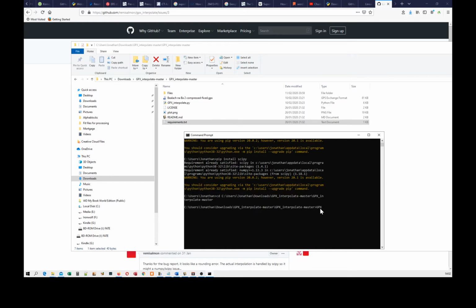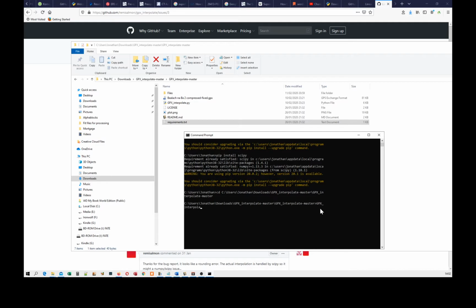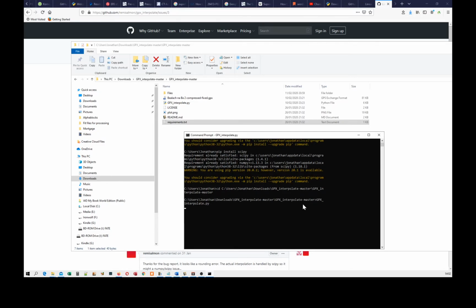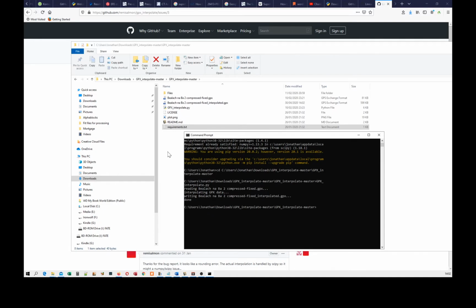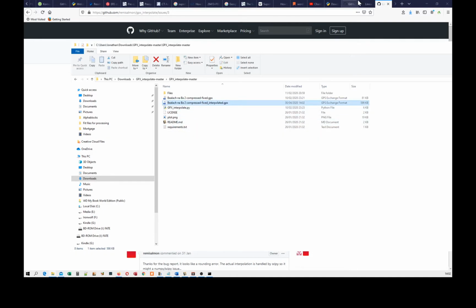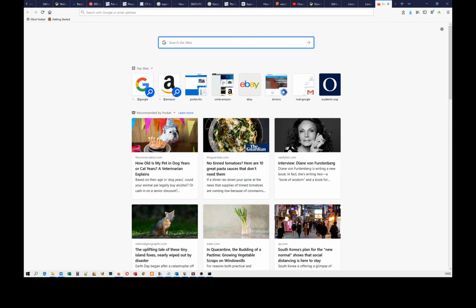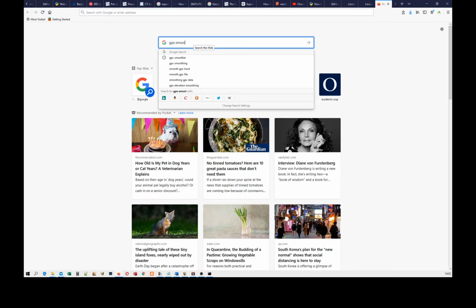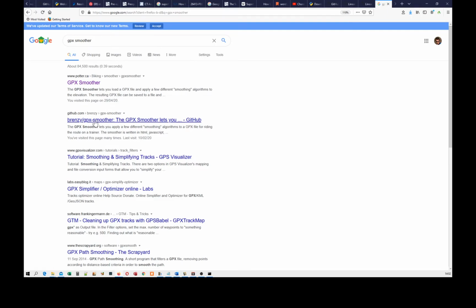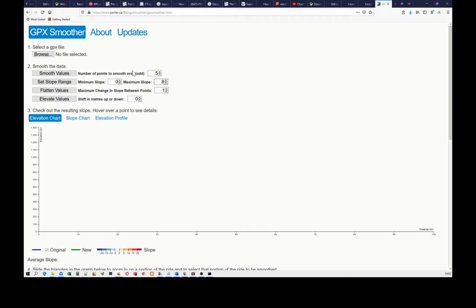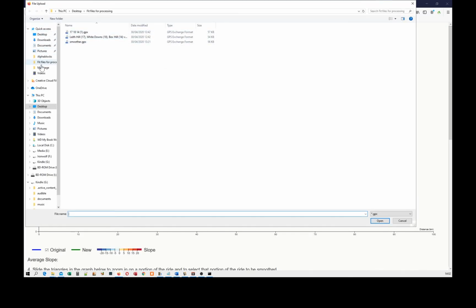So I type GPX underscore interpolate dot pi, and something should happen. Yeah, okay, that was pretty quick. So here's the interpolated one. Let's go to the GPX smoother. You can actually download GPX smoother locally to your computer, just like we did with the interpolator. But I'm using the